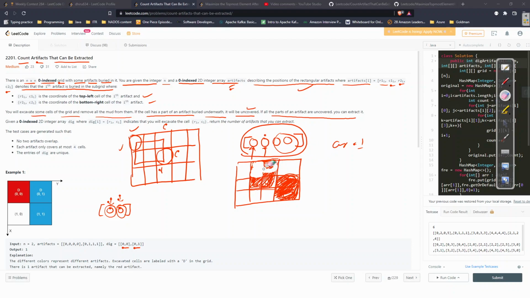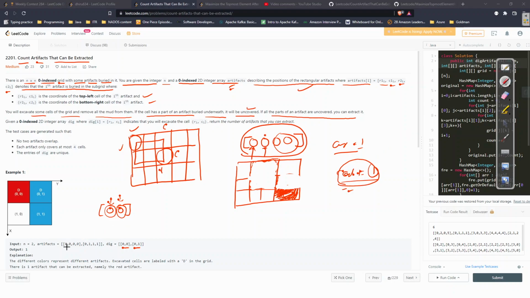If you dig all four cells here. Once you have dug all four cells, only then can artifact one be extracted, and you increase the value of the count by one. If you have dug out only one cell and the other cells are still remaining, you cannot take out that artifact, and you should not increase the count. This is basically what the problem is saying.